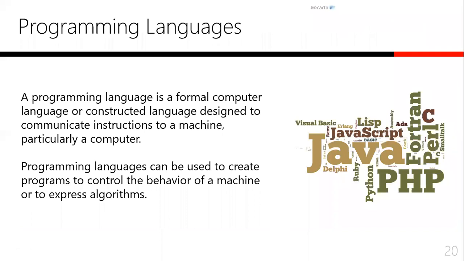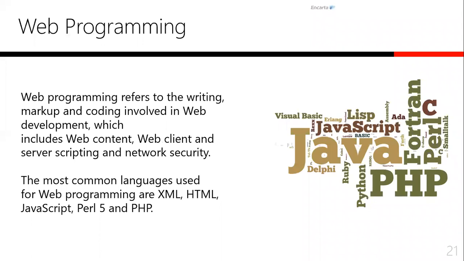So now we have programming languages. Programming languages are languages that the computer understands. These are the languages that you use to instruct the system to do particular actions, and your level of intelligence determines the level of solution that you can deploy. So we have web programming languages. These are programming languages that the web understands.